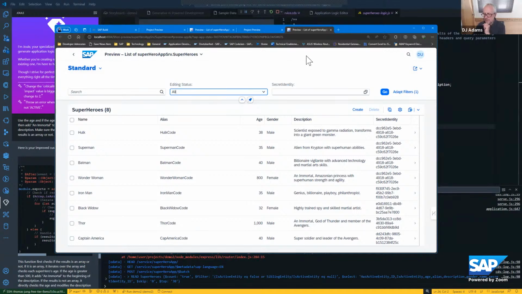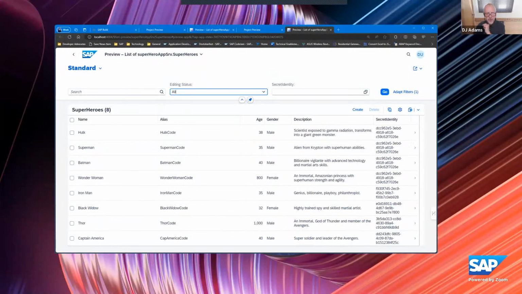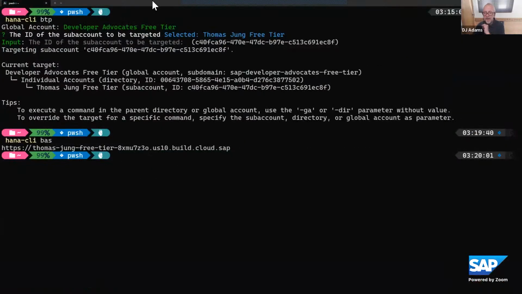So one quick question first. I don't really understand it, but Sheikh Low is saying, please share your Starship terminal configuration. I don't know what Starship terminal is. Is it the terminal configuration that Tom is using in his terminal? That's the Oh My Posh. What's it called again, Tom? Oh my posh, right? So check it out. Google Oh my posh if that's what you're referring to there, Sheikh.